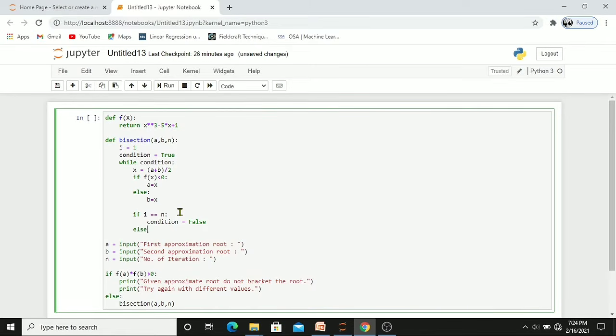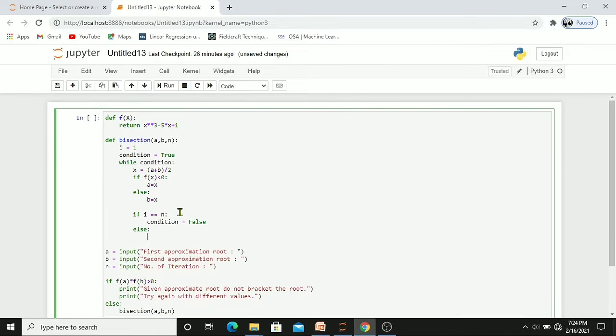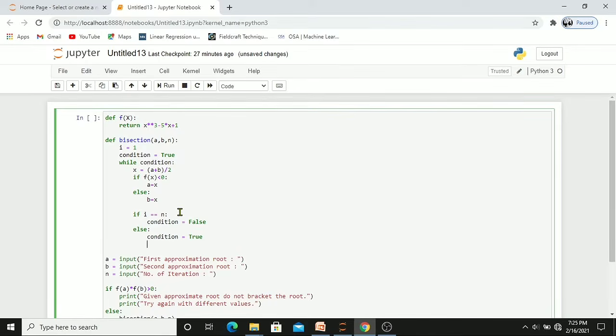Else, what is the other condition? If i is not equal to n, then the condition should remain true, and the value of the iteration should be increased by 1, right? So this will keep the loop going up to the desired number of iterations. And I want some values in the execution. Suppose I have to print the value of the number of iterations. So iteration,